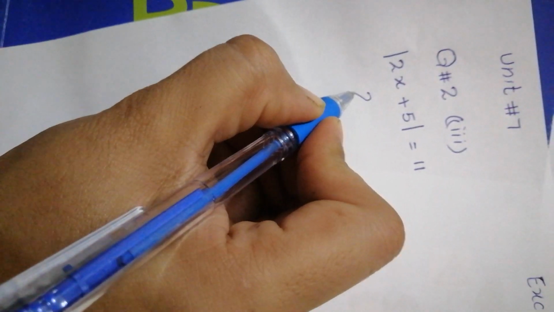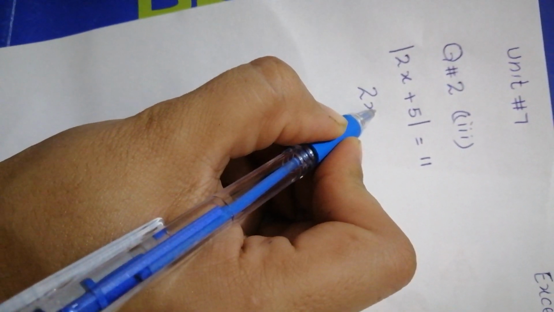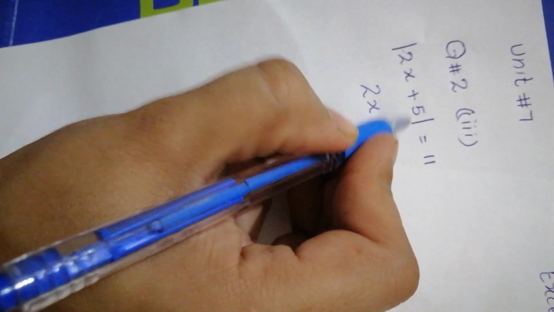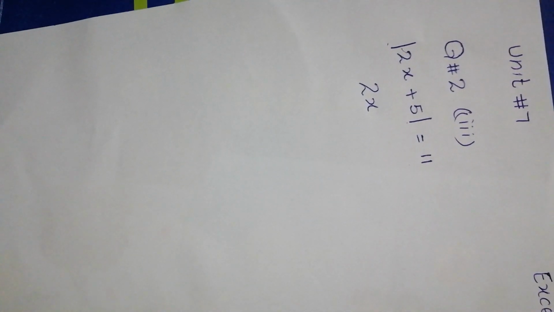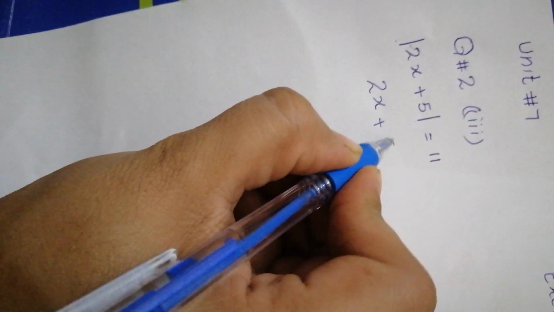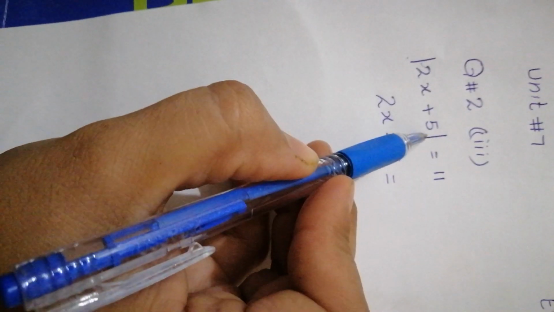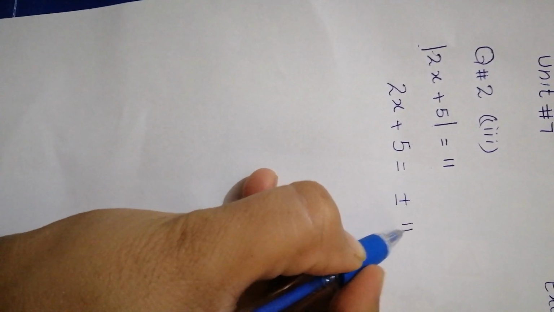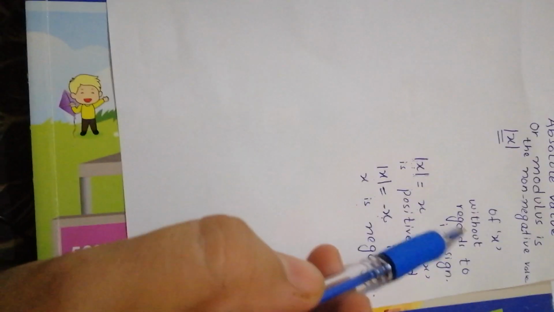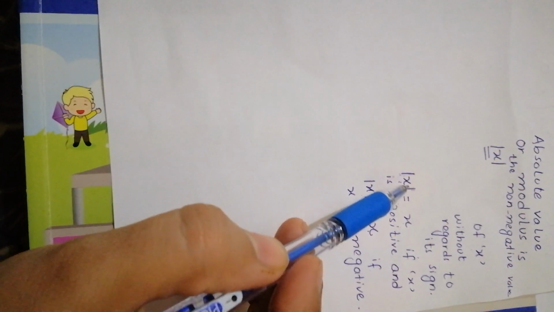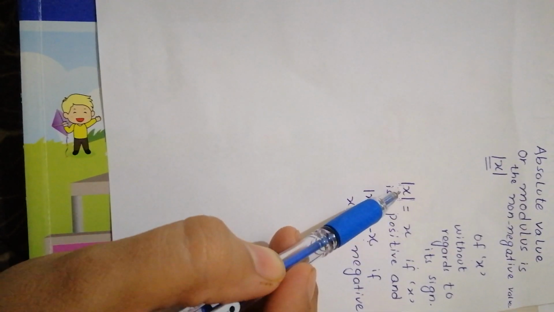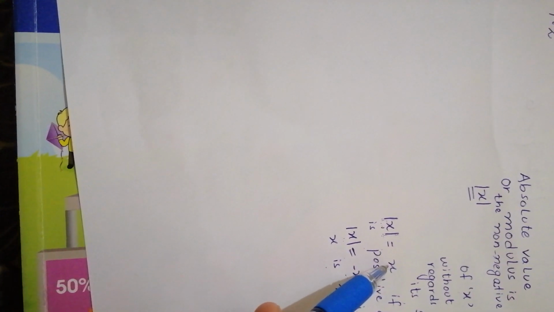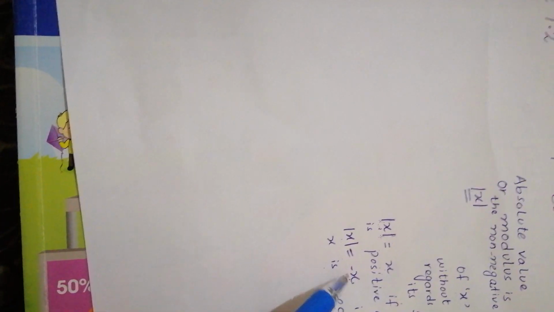So what is the procedure to solve this? The procedure is, you will eliminate the sign of absolute value or sign of modulus, these two vertical lines, right? Absolute value, you will write it as 2x plus 5, because by definition you must know that when we remove the sign of mod, we get 2x plus 5 is equal to plus minus 11, right? Because in definition I have told you that mod of x or absolute value of x is equal to x if your x is positive, and if your x is negative you will get minus x. Mean you have two possibilities, you get two values, one positive and other negative.